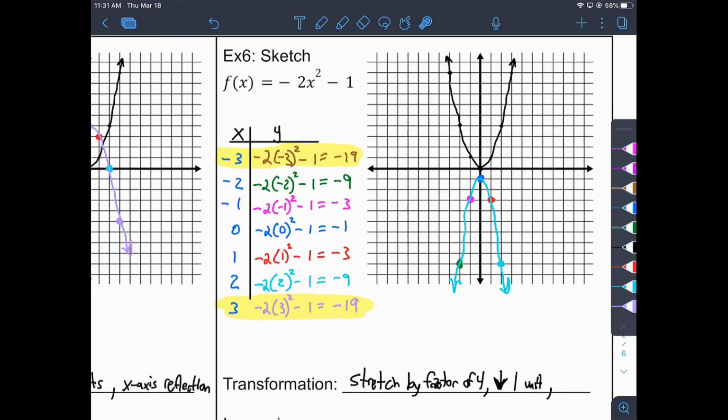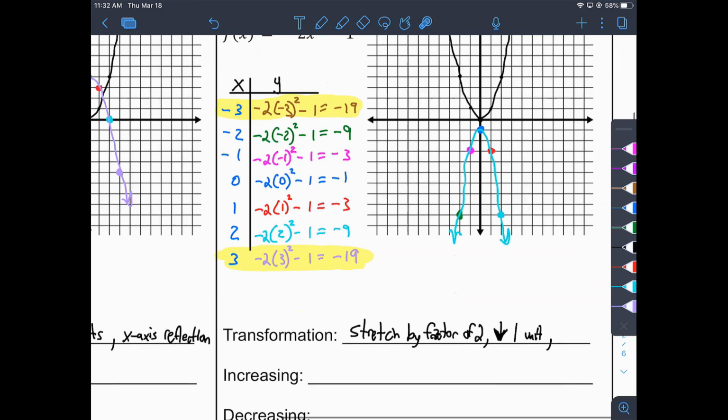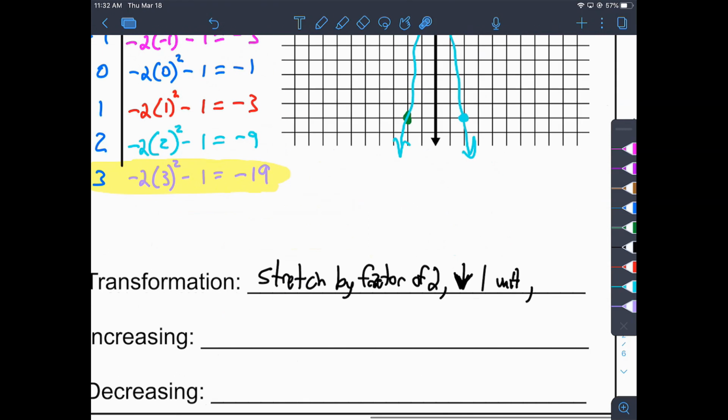It's skinnier. So once we said it was going to be a stretch factor of, oh, hey, I wrote a 4, sorry. That's a 2. There we go. Sorry about that. Because why? Well, it's a 2 right there. We already said it went down 1. You can see that. It moved down 1. The vertex moved down 1. So the only transformation we needed to add was the idea of the x-axis reflection,